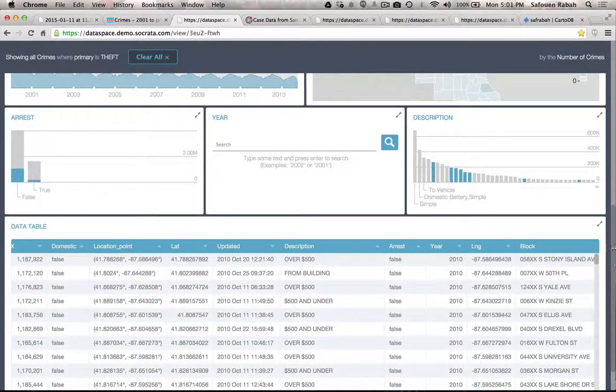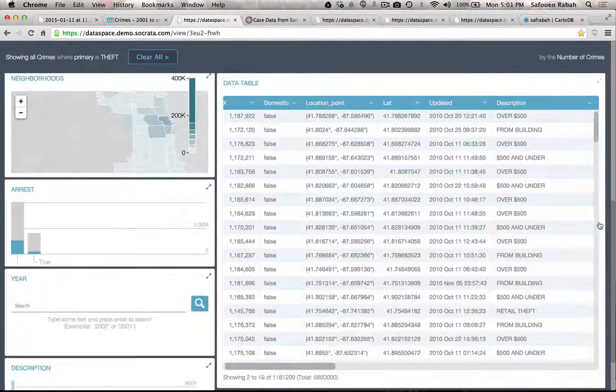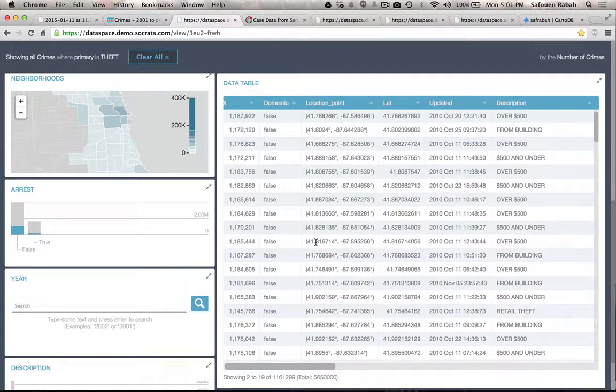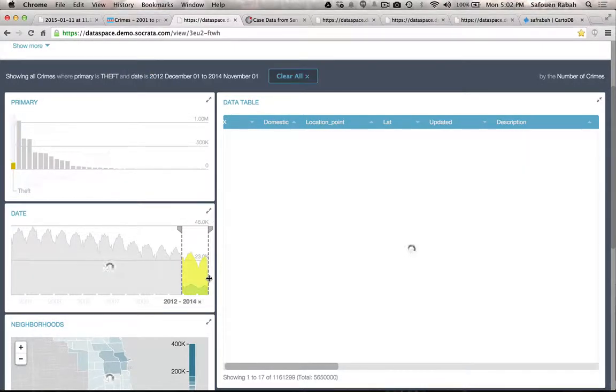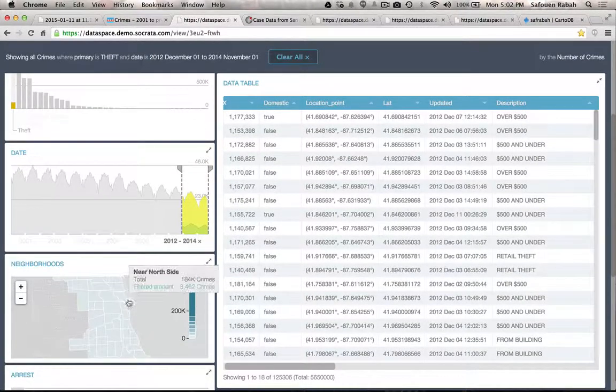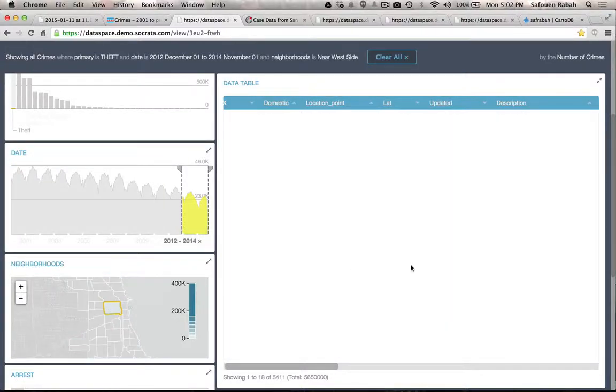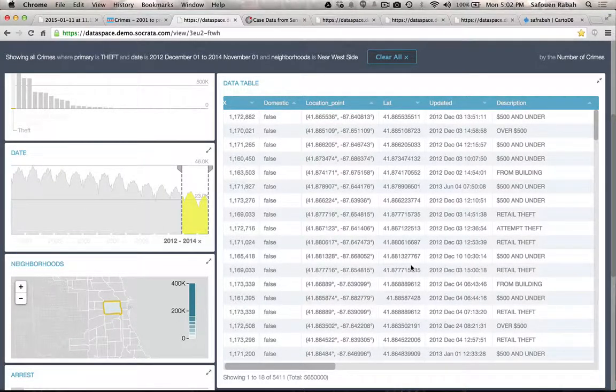And what this allows us to do is very quickly get to a new visual language for filtering data. And this is what we mean. So we've picked type equals theft. We can also start narrowing the data by selecting a date and time range that we care about. Perhaps we want to focus on a specific neighborhood. And with every added lens that we make part of this experience, this data on the right that's visualized as